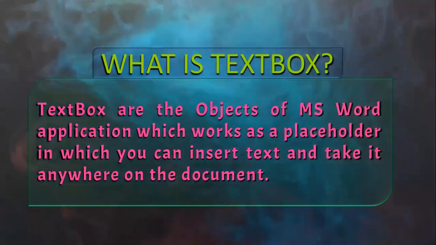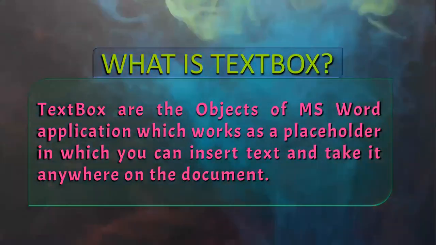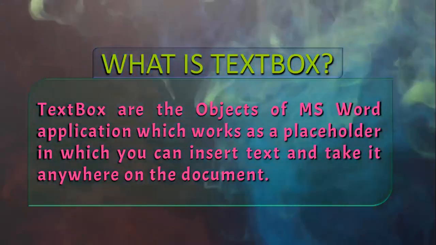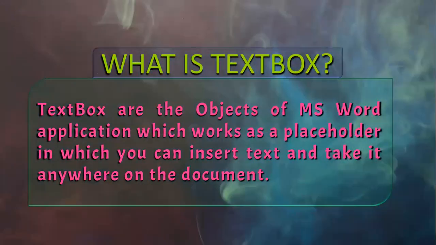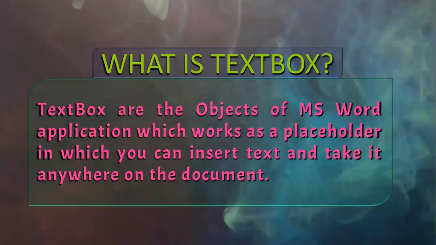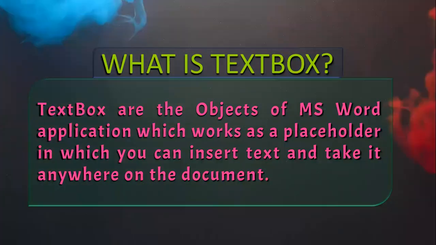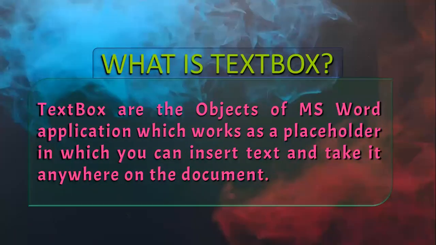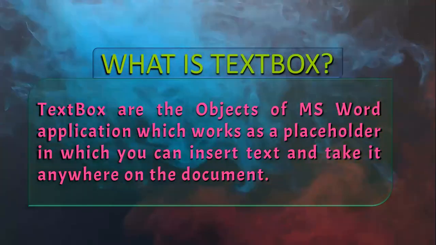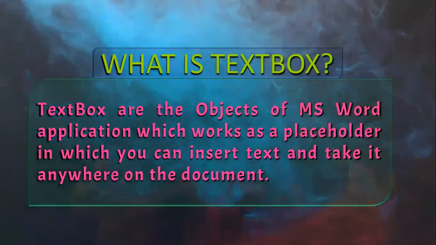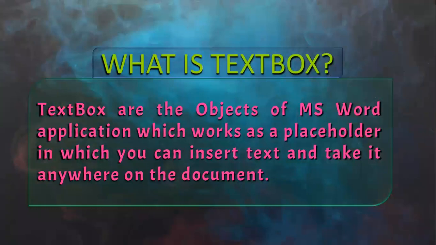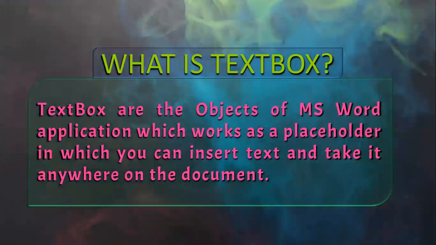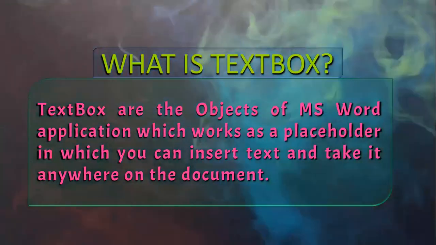Now if you remember, in standard 4 you learned about placeholders. We know that a placeholder is a holding content box which holds all the content which we insert in either MS PowerPoint or MS Word. So you can say it is a box which contains the different contents of an application and which you can move anywhere on the document according to your requirement. A text box is something like that only. It is a placeholder in which you can insert text and then move it anywhere on your MS Word page.